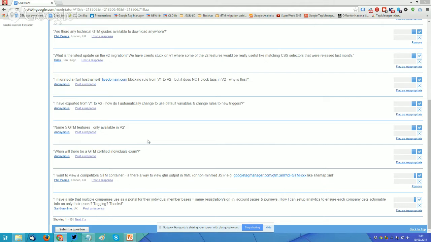So I was trying to think of two more features that are GTM V2 only. Oh gosh, let me think. V2-only features would probably be the ability to change when a page view, or window loaded, or GTM DOM fires, which is now a native feature in V2, so you don't need to manually configure it.